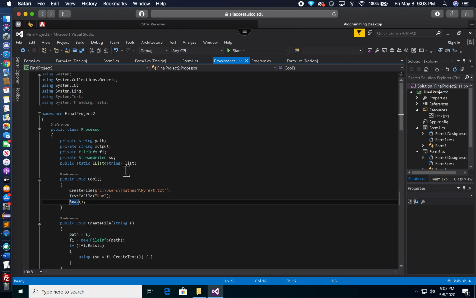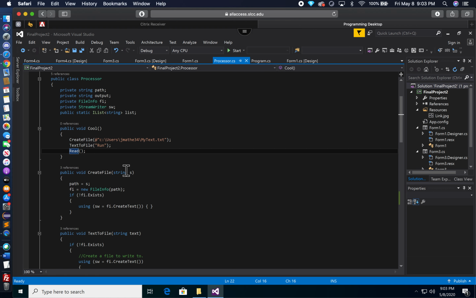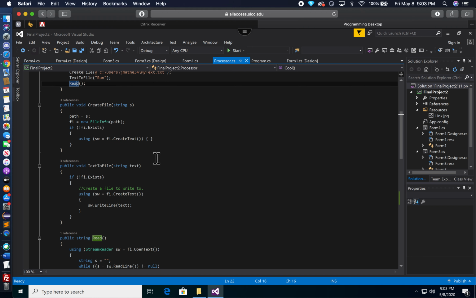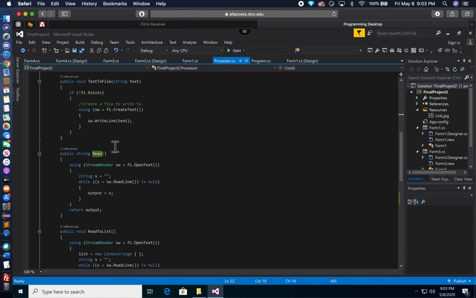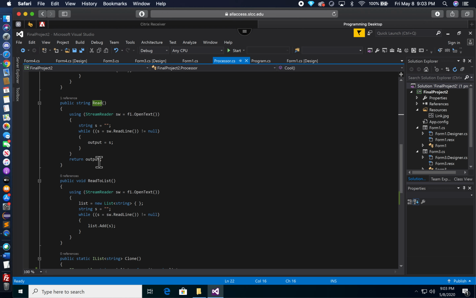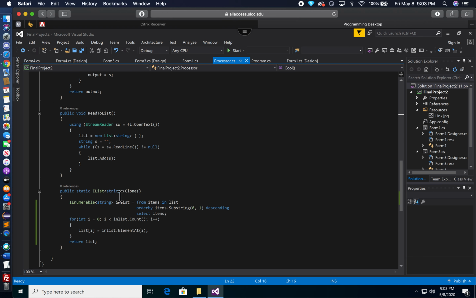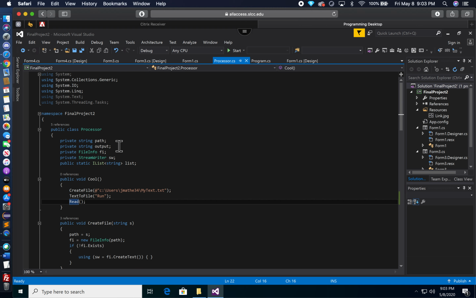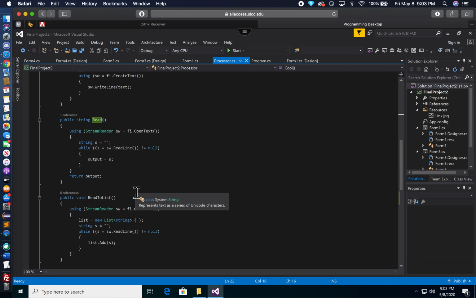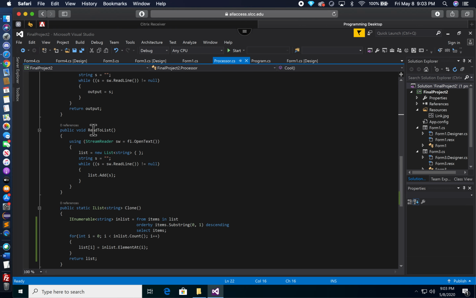This is the processor where it creates the file, puts text to the file. You can read the file. So I do have an option where you can read to list, and this is basically mostly for the programmer. So if ever when displaying all the text or anything that's inside the file, then I have this read to list option where it adds